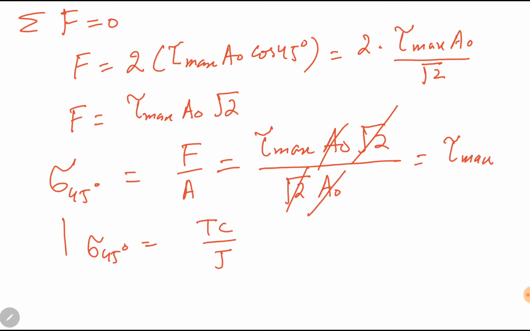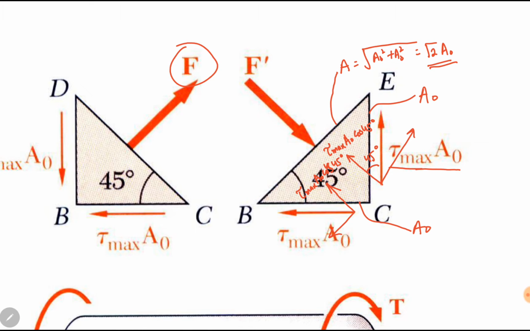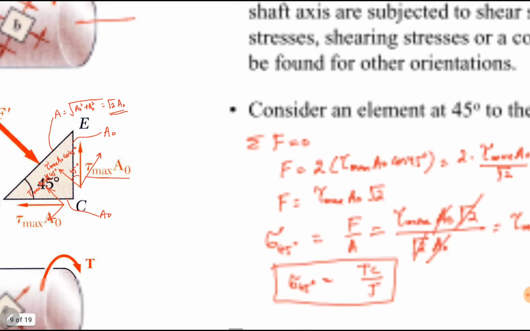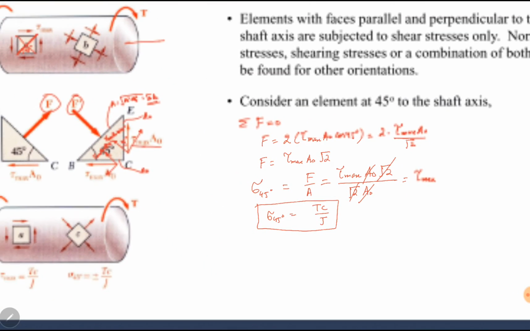Tc over J. If this sigma is compressive or tensile, if it is tensile like this force, it will be positive. If it is compressive, it will be negative, but the magnitude will remain the same. Sigma can be either positive or negative. So now we have established that